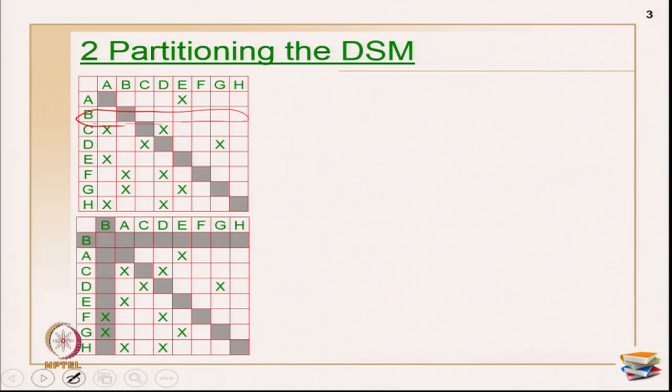So, move activity B to the first column and the first row and ignore activity B from further considerations. Keep it highlighted and ignore this completely. So, I have ignored that and I have pushed B completely. Now, check whether any more activity has an empty row apart from activity B. If you look here, there is no other row which is completely empty. So, the independent activity in the starting phase we have identified is only one activity, activity B.